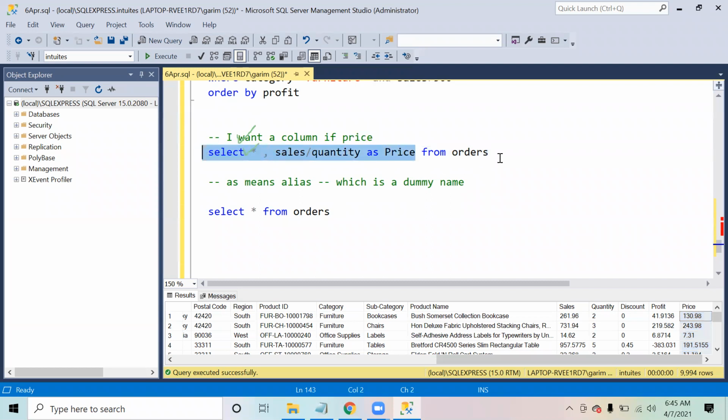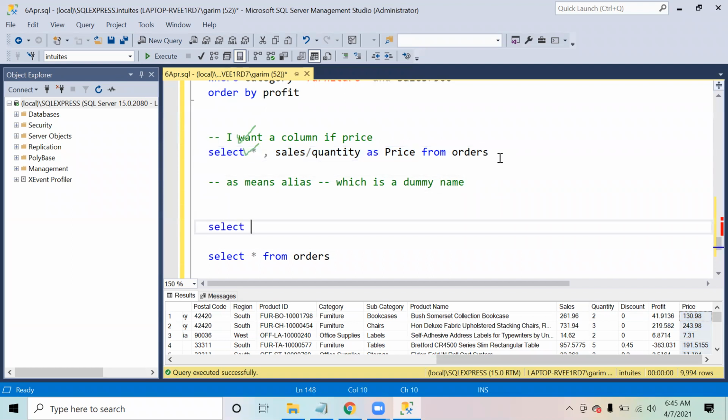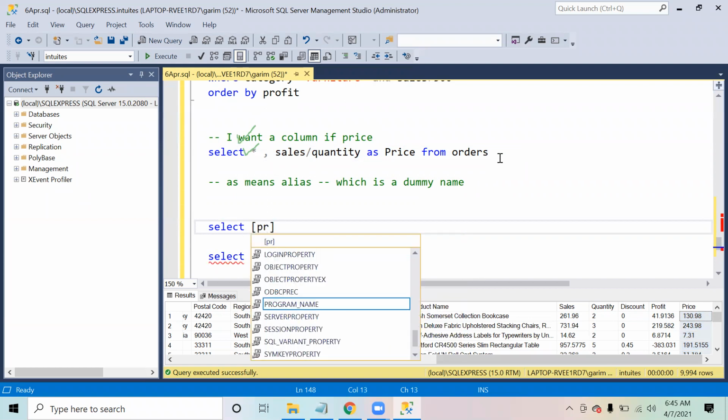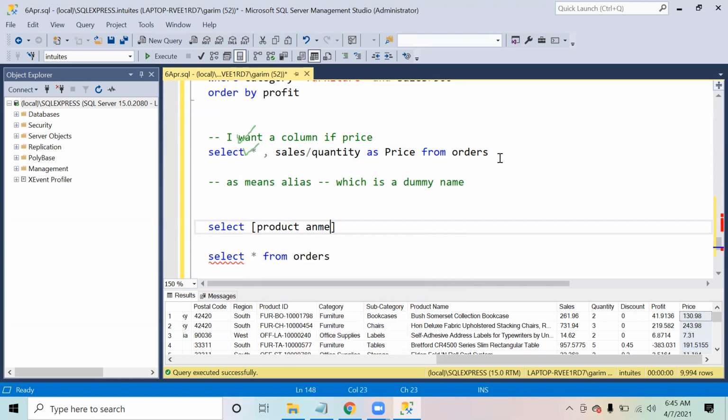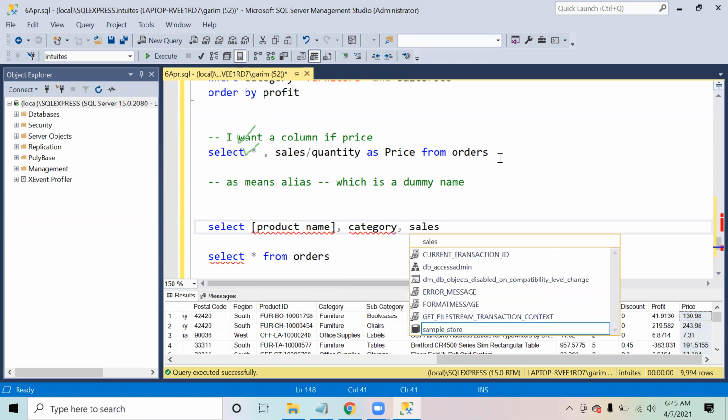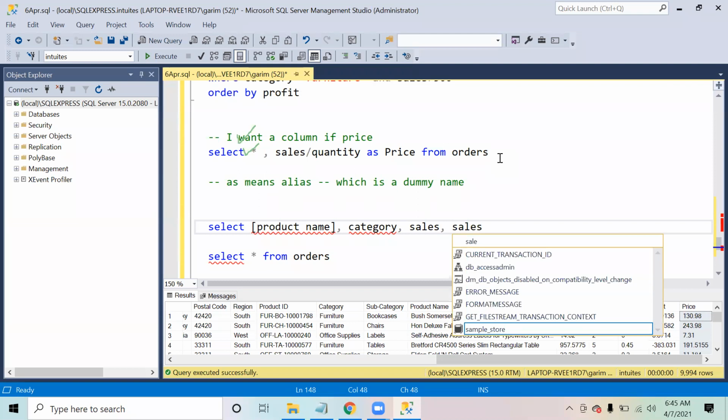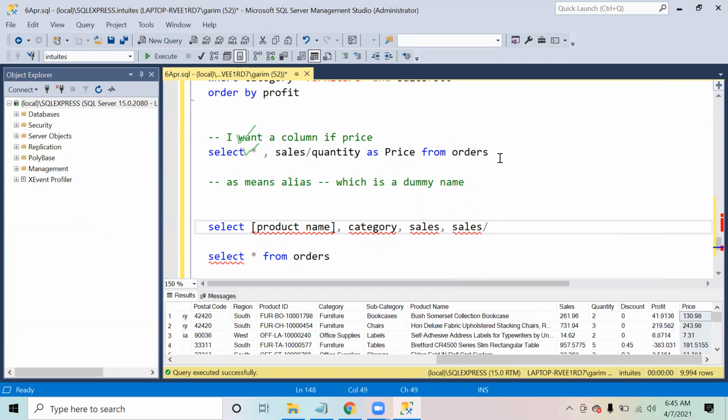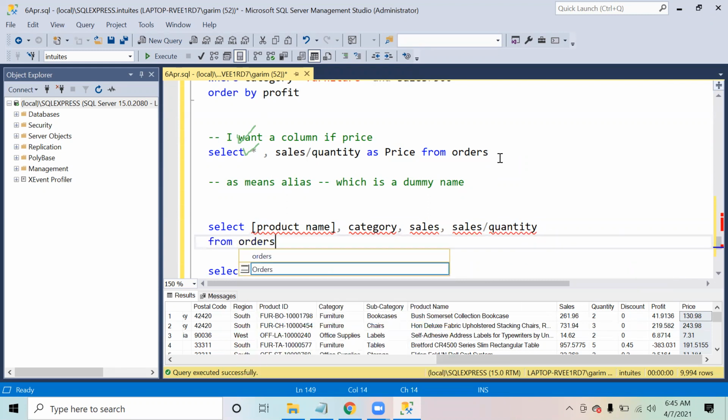This dummy name is something you can use for any other column also. Let me show you what I mean. Suppose I say select product name, comma, category, comma, sales, comma, sales divided by quantity, from orders.